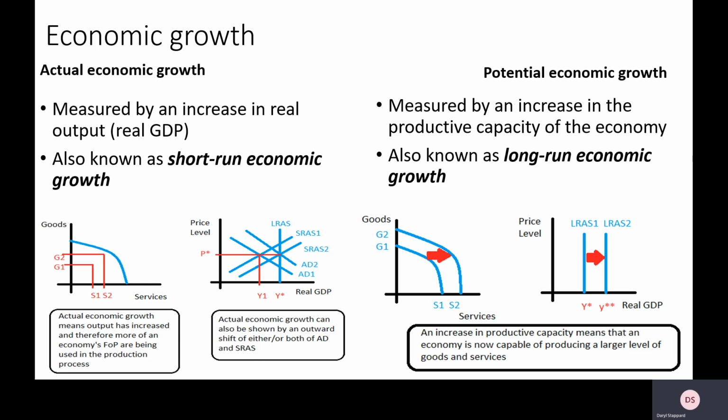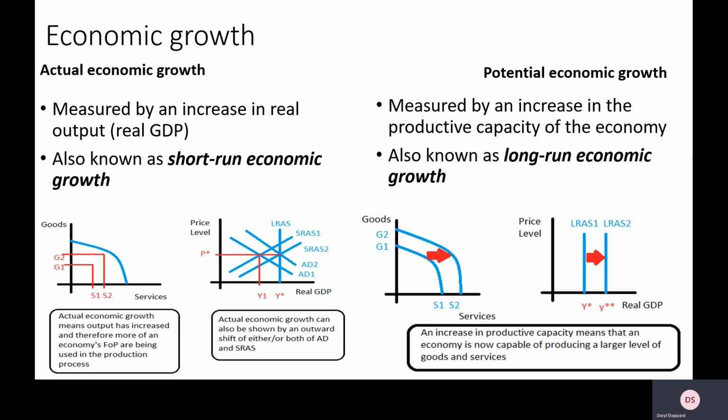Now, normally, because of a growth in aggregate demand, there'll be a growth in output from G1S1 to G2S2. So the physical output of the economy is increased. So this would show actual economic growth. It's also worth noting that when output increases, we move closer to the PPF, and this would mean that unemployed resources would now start to become employed resources. So spare capacity has significantly fallen. We can also show this using